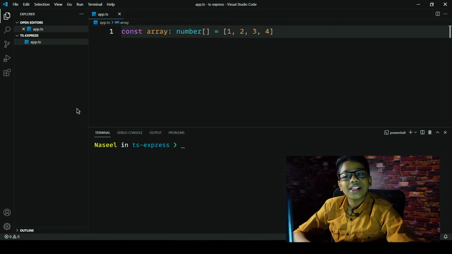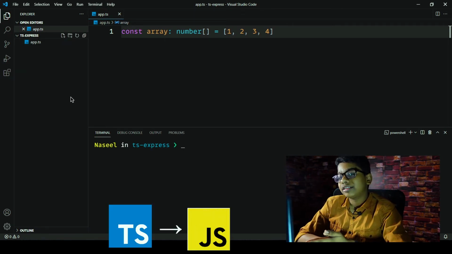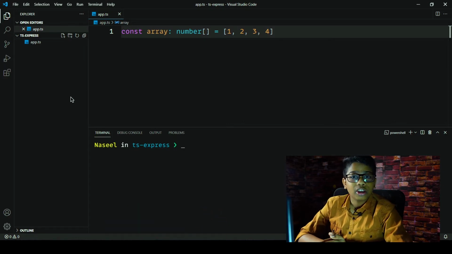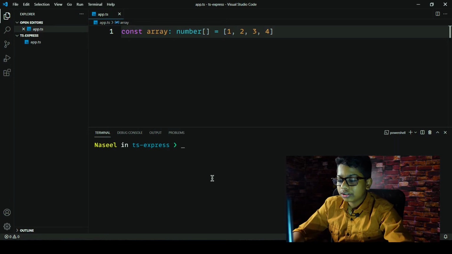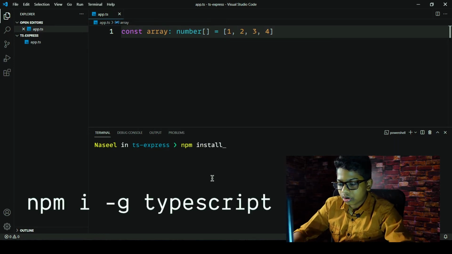Now we need to compile our TypeScript. TypeScript is going to be compiled directly onto JavaScript. That's how TypeScript works. Your browser and your Node.js environment won't understand TypeScript code, so we'll need to install packages and configure TypeScript to compile onto plain JavaScript. For doing that, you'll need to run the command npm install -g typescript, which is